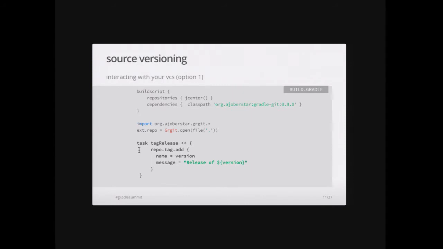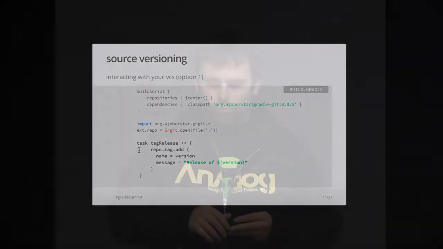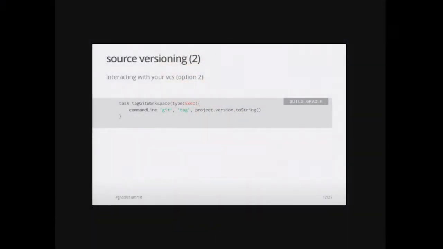The problem is if you find a good one, I guess the Gradle Git one from Andrew is quite okay. The problem is that often they are some sort of opinionated, so they might do almost what you need, but sometimes they miss some features and you need to hack around. And then it might be easier for you to fall back on